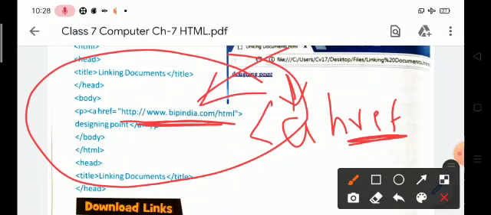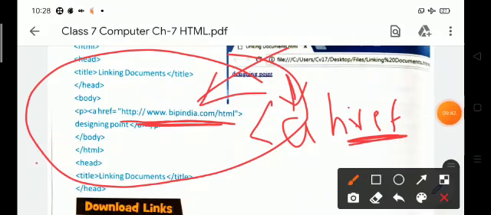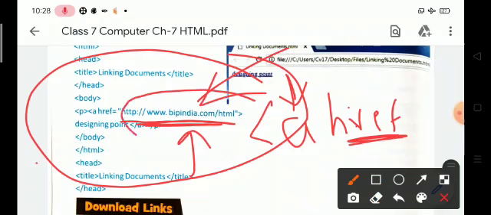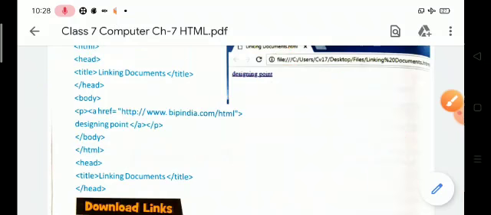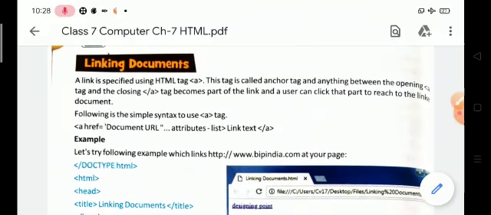Now when we click on this link, the page moves to that destination. So this is the hyperlink, and for a hyperlink we use the anchor tag.